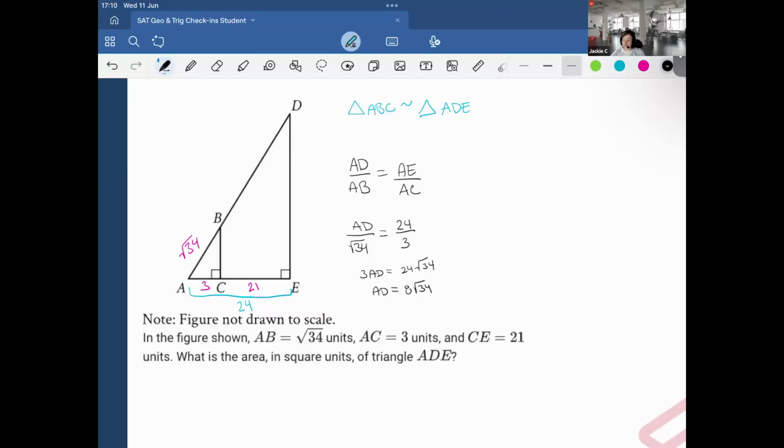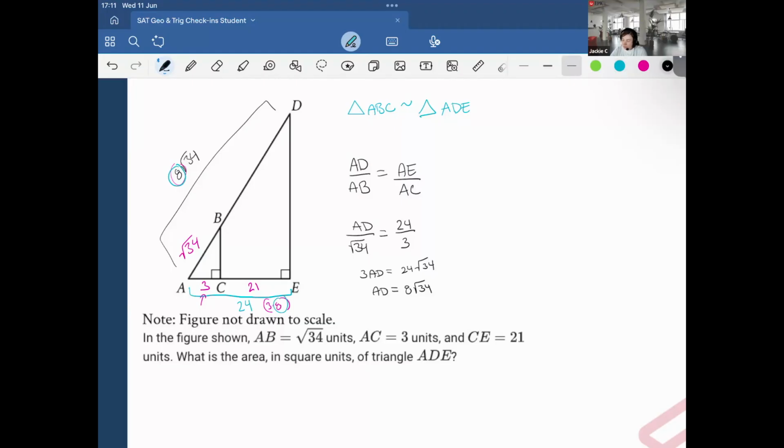But I can see that the whole proportion is basically being multiplied by 8. So this whole length would be 8 root 34. So you see, if this is root 34, this is times 8, this is 3, and 24 is the same as 8 times 3. Well, I want to show the scale factor is 3 times 8, so 24. So 8, 8, and therefore,